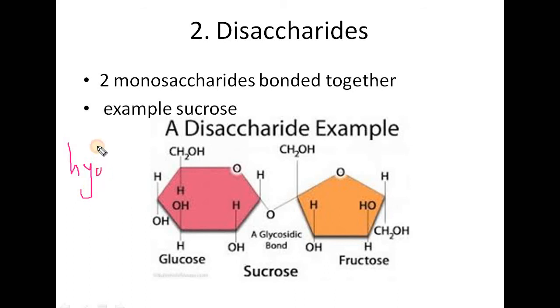It means loss of a water molecule, H2O. Okay, so for the H2O, we will take an H plus from here,